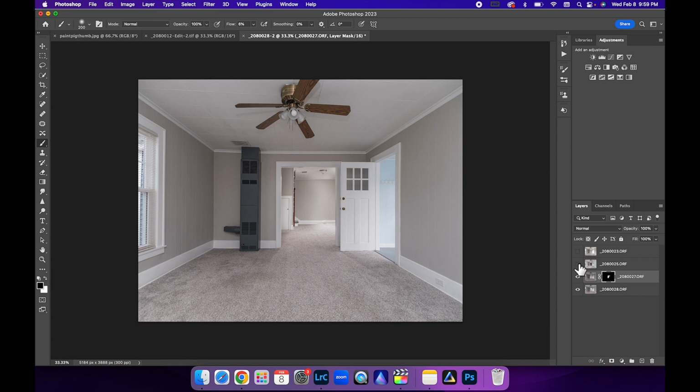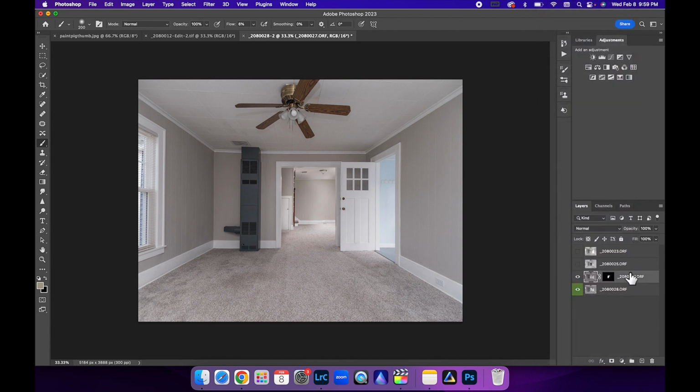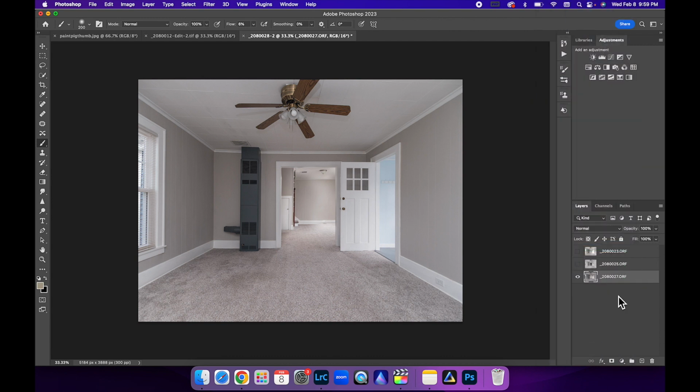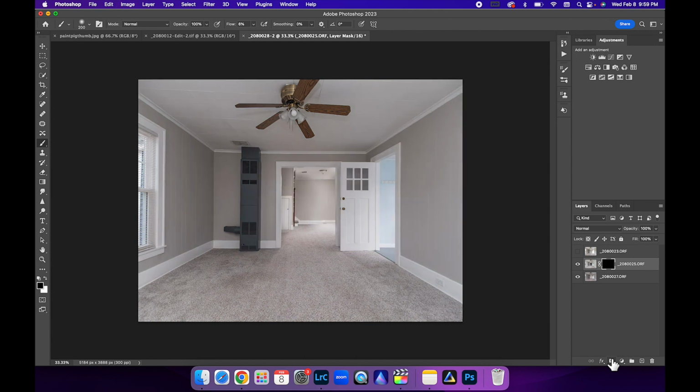Now we can turn this layer. Okay, this is what we need to do. So now I'm just going to... Oops. I'll highlight both of these and then come down here to merge layers. So now we're down to just 3. I like that. So now what we can do is do a layer mask, Command I to invert,